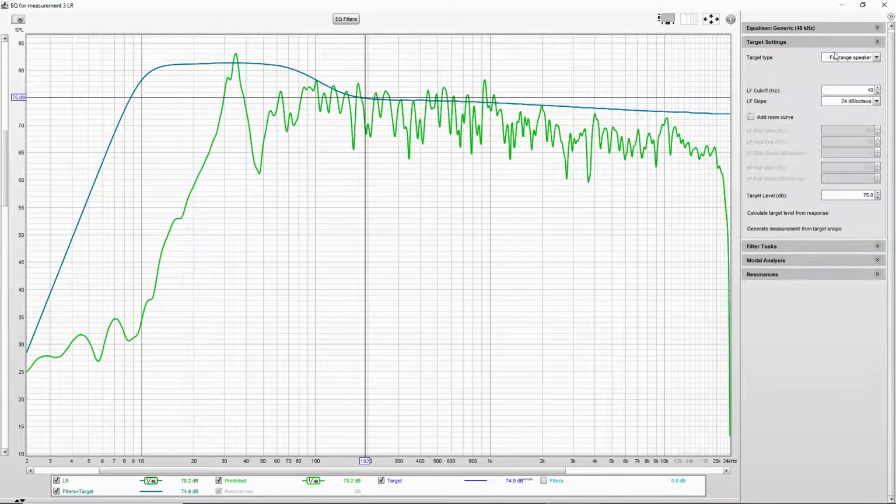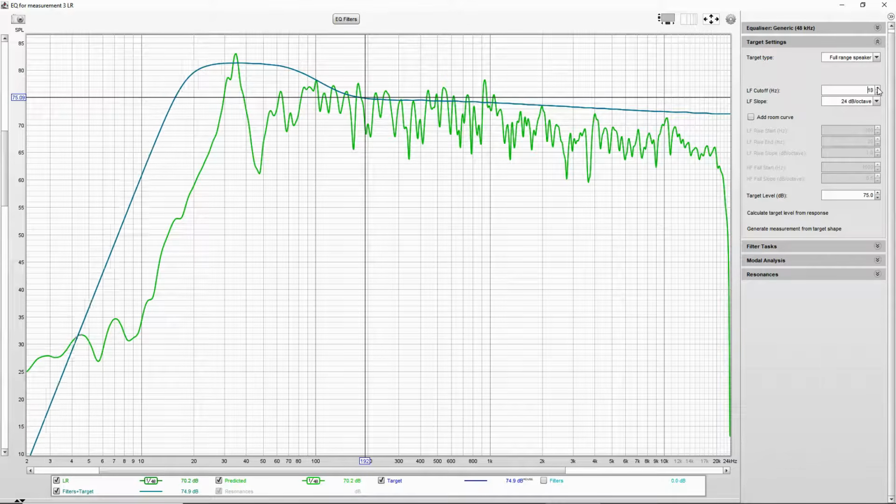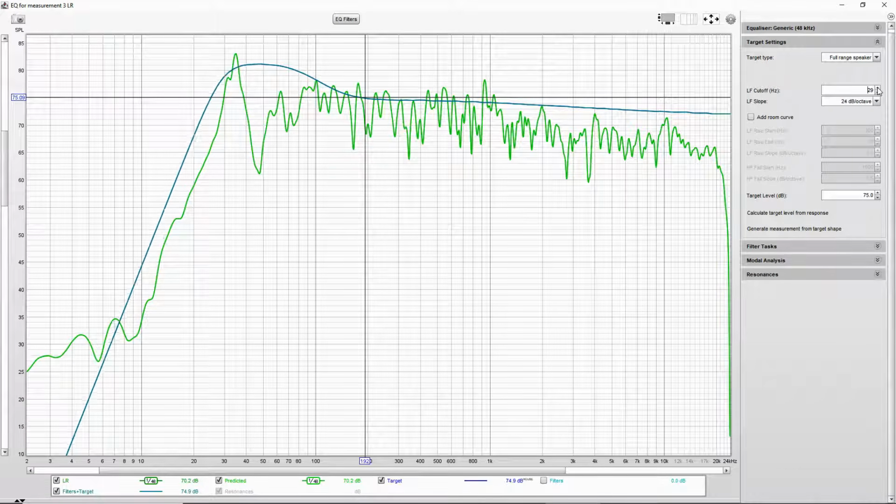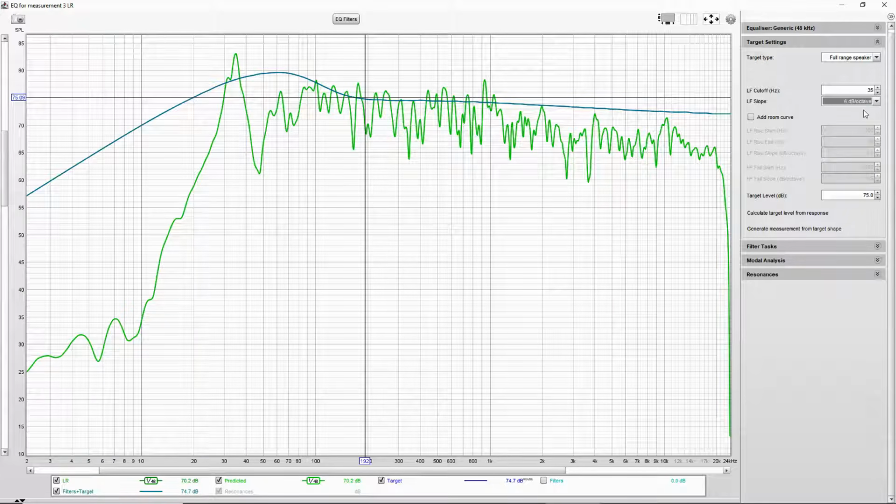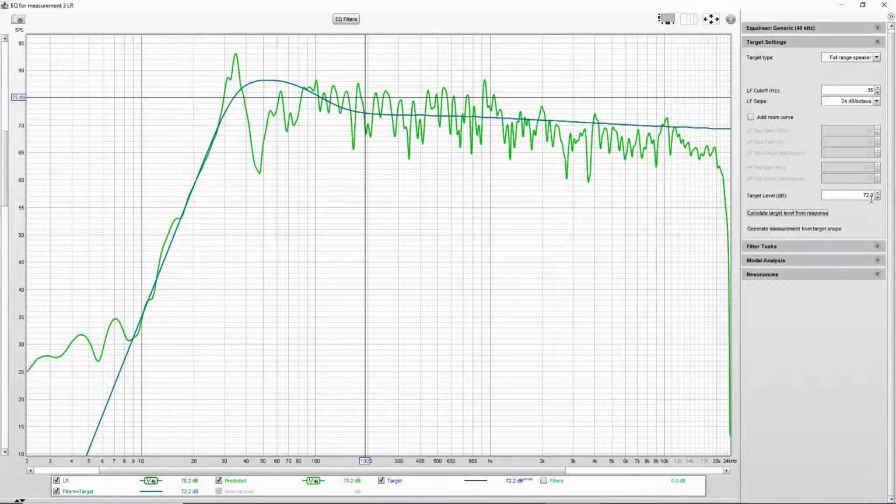Anyway, target settings, full range speaker. And here for low frequency cutoff, you have to enter a ballpark value for your speakers. You must have an idea about it. Mine, I know, is around 34-35 Hertz. It's not very important. And the slope of its bass response, as you see, mine looks like it's 24. And then you calculate target level from response. REW calculated it to be 72.3 decibels. And is it like 36? Yeah, something like that is a perfect fit